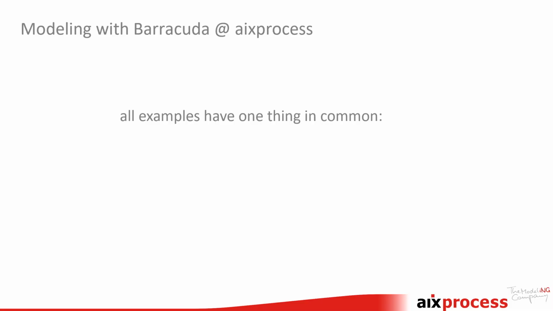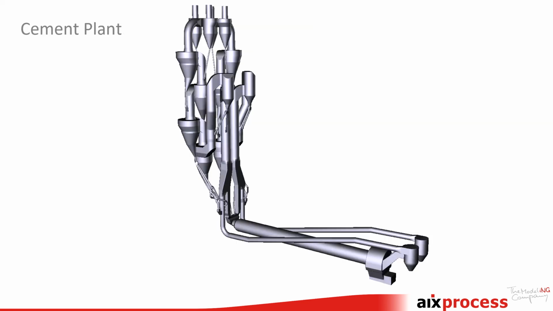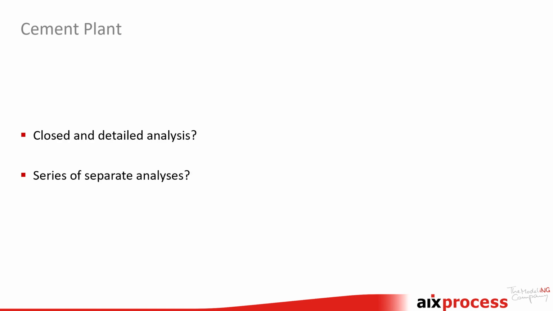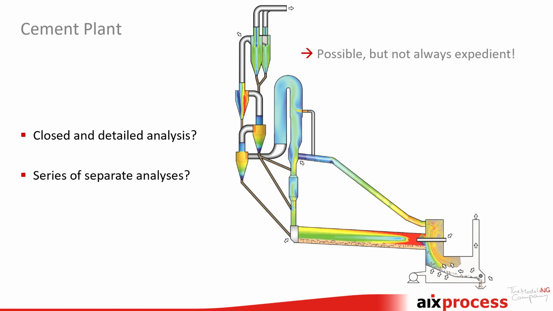So all these examples have one thing in common. They are very detailed analyses, but what if you are looking at the whole plant? This is a typical cement plant. It's quite complex. You could do this in a closed, detailed analysis, but it would take ages or years. So you have to put it in a series of separate analyses, but still these will be very detailed, and